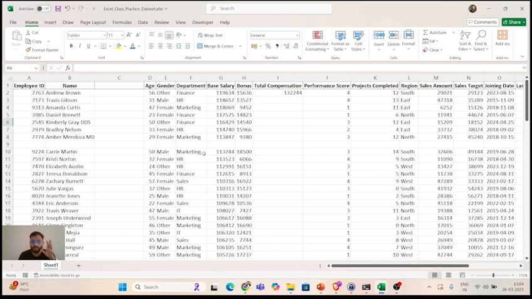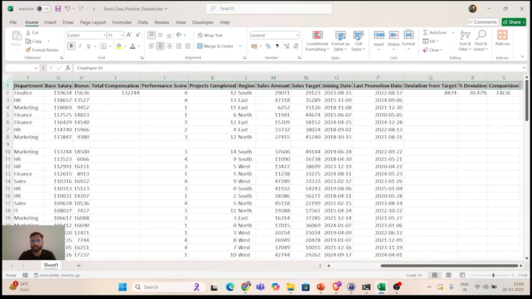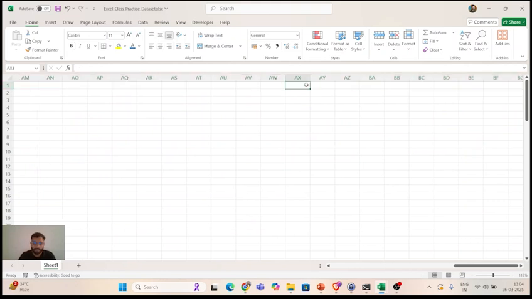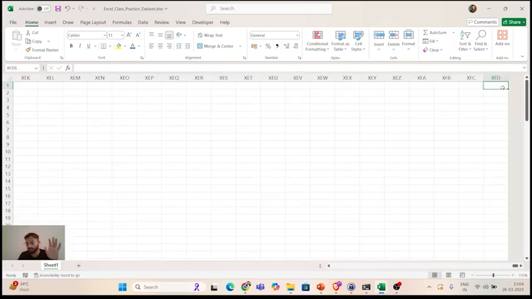Correct. Now let's say there is a question. Before jumping into conditional formatting, let me quickly tell you one thing: in Excel there are roughly 16,000 columns. If you click on the first cell A1, press Control Shift Right again and again, you will be able to scroll to the last column. Or directly, if you do not want to select, you can click on any cell and press Control Right Arrow. You see XFD. This is the last column we have, right?